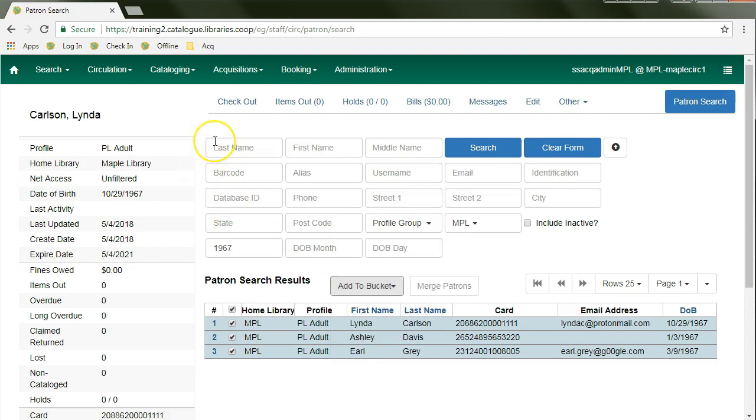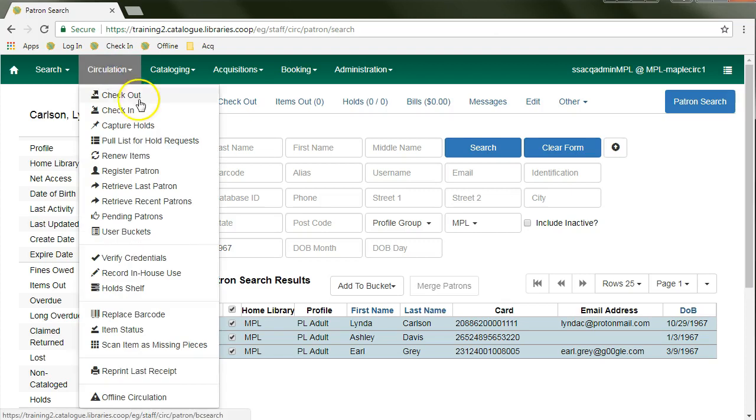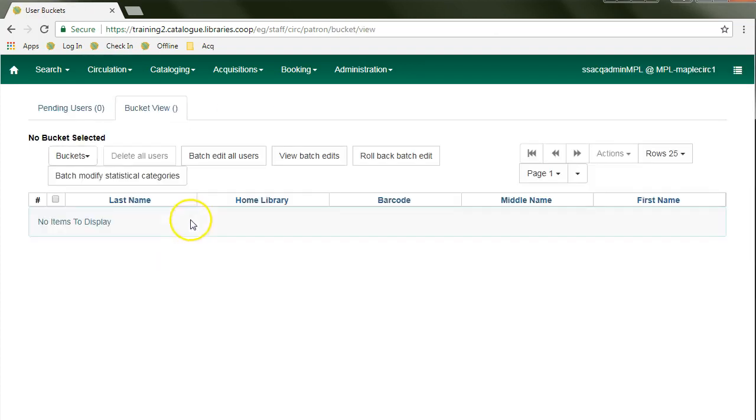Patrons can also be added to a user bucket from the user bucket interface. Just click on Circulation and select User Buckets. Batch modifications made in user buckets can be rolled back or reversed, with the exception of batch changes to statistical